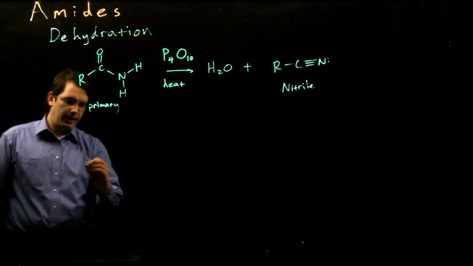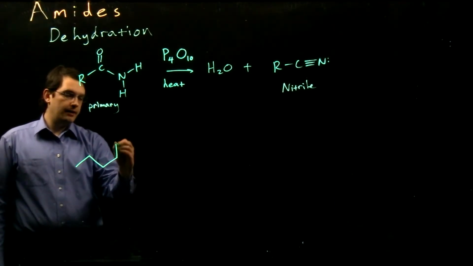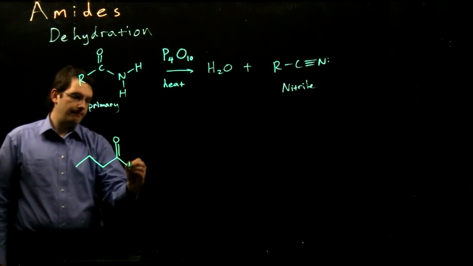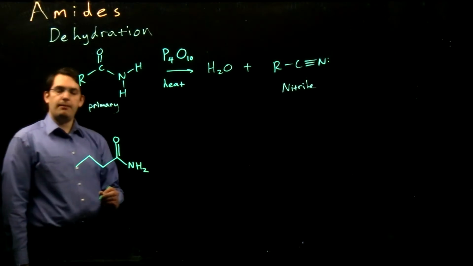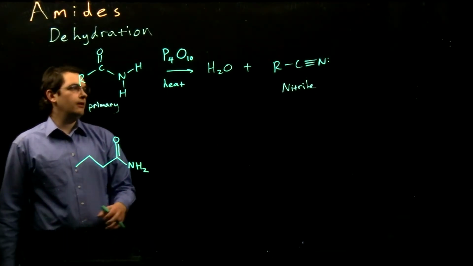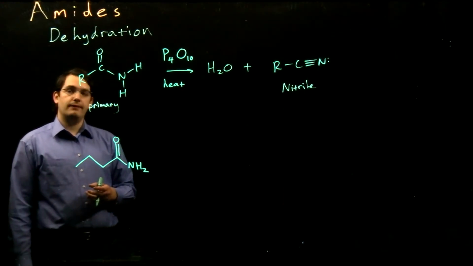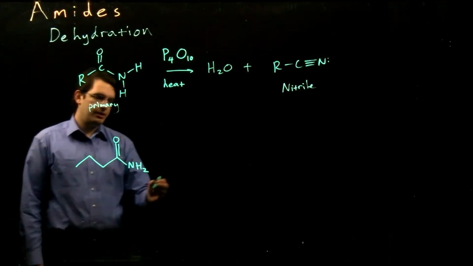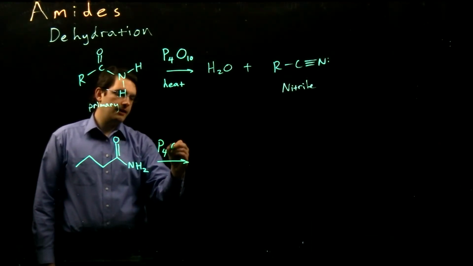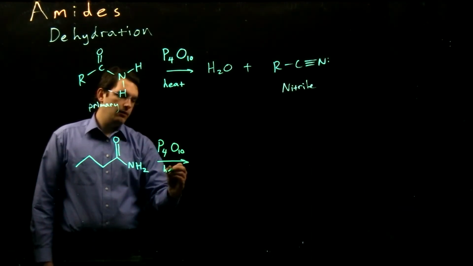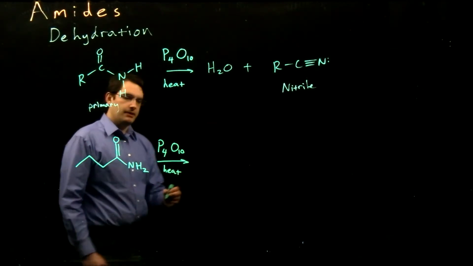So, for example, we might have, say, our butanamide here. Again, of course, we can't have any carbons on here attached to our nitrogen because we're going to end up with all three of our nitrogen bonds to our carbon at the end of our reaction here. Again, I'd be adding my phosphorus compound with heat. And I'm just removing my oxygen and my two hydrogens,